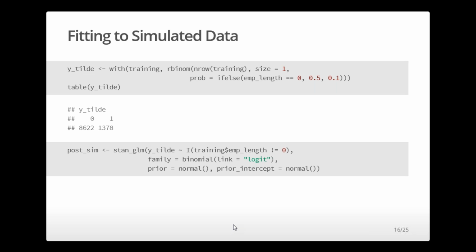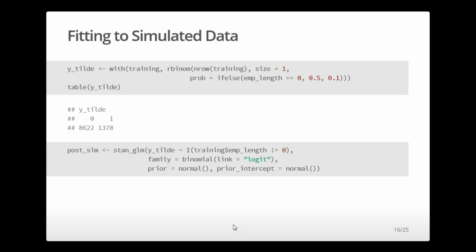The normal distribution is the default for both of those, and internal to stan_GLM, it does some rescaling, to basically make the standard deviation of these priors a function of the standard deviation of the predictors in the data. But this is sort of a minimal syntax that would estimate the model, and if you specified the thing about cores on the previous slide, it would run these in parallel. So I've done this once. I know the stan_GLM function will work perfectly well for a model this simple, and then you could start to